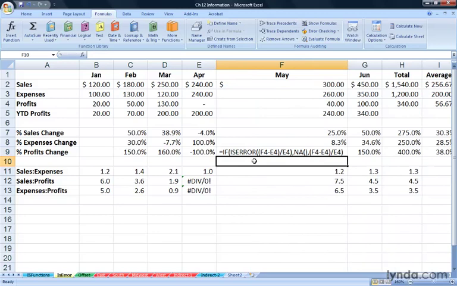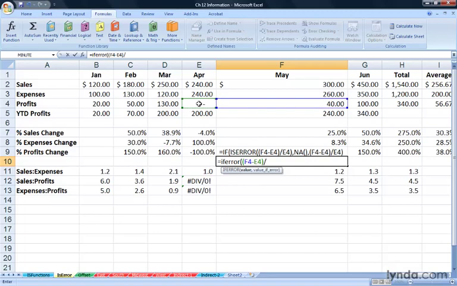Do the same formula over again with the new function, IFERROR. And this makes it substantially shorter. But what we want to do here is to say, if this calculation, this left parenthesis F4 minus E4, and that's, I'll just click on the cells up here. If this minus this, right parenthesis, divided by this,